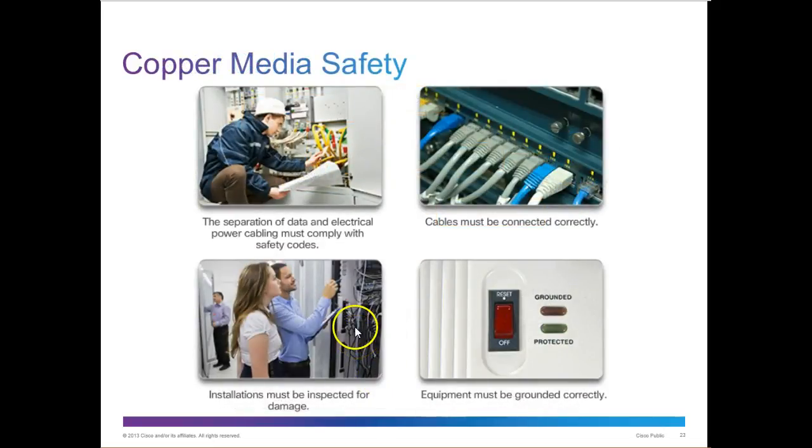Now, as far as media safety, you have to keep your data and electrical away from each other because the electrical power will interfere with the cable signals. All right, so that's just a given. You put them on different panels in the workrooms or different rooms altogether. And it has to be grounded properly. Earth ground is different in different places. And one of the advantages of fiber over copper is that it's not really subject to electrical interference and lightning strikes and things like that. But that's why